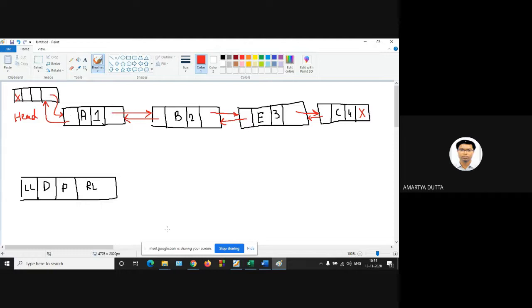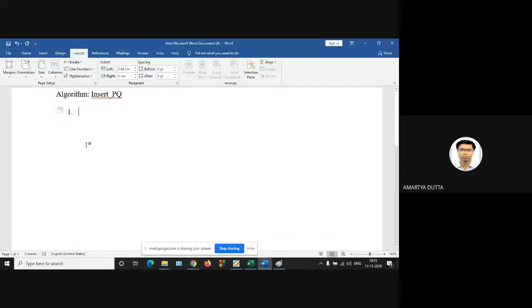Okay. So first of all, for insertion, we have to traverse through the double linked list. Let us use a pointer PTR, and PTR is equal to head. So this is the initialization step.